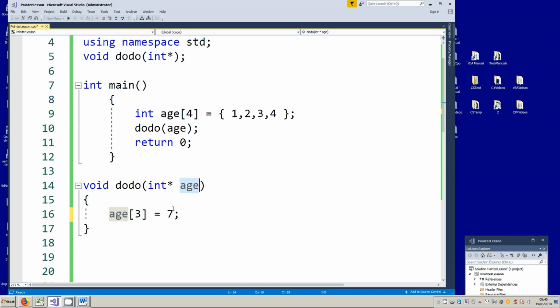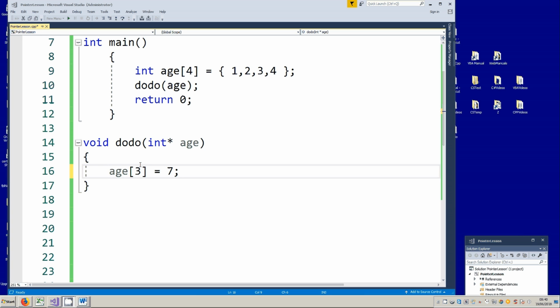The other way of doing that, using pointer notation, would be to increment the pointer by 3 and then say the contents of that is going to be equal to 7. So that should do exactly the same thing, and we could check that out if you like. We'll run the code down to there. We'll put a breakpoint in here and then run the code,